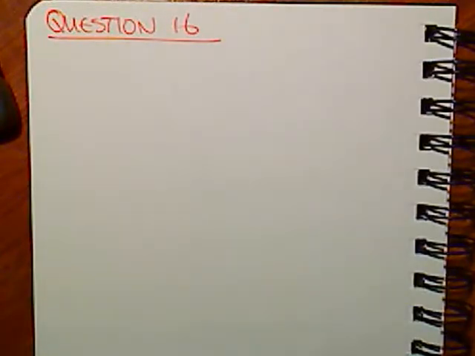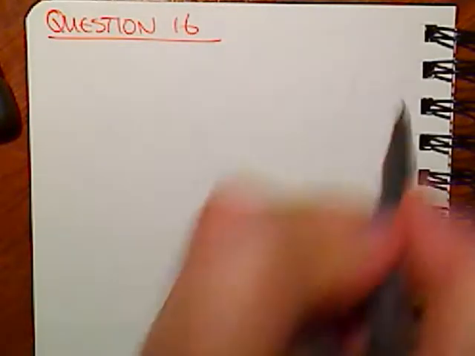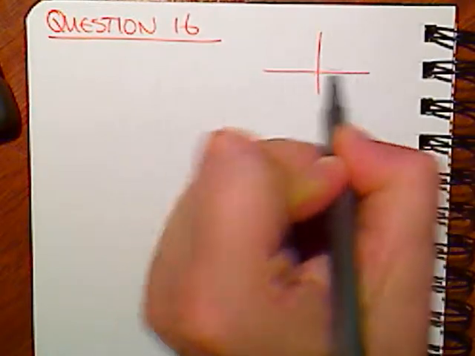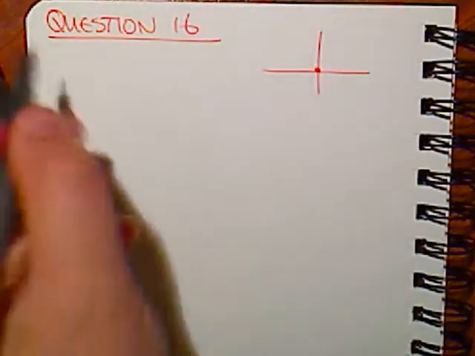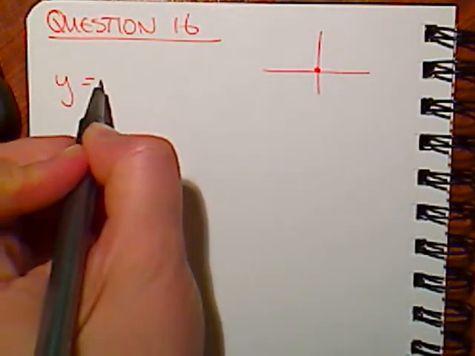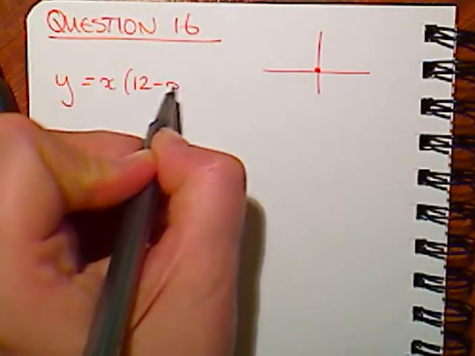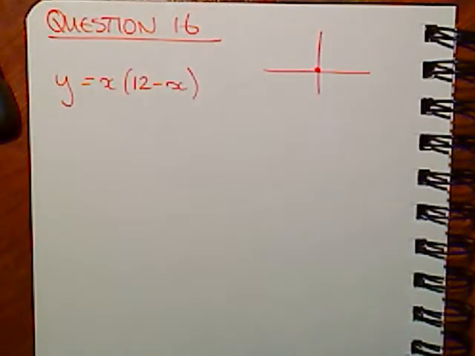This question is a worded question. It's a contextual question as well. It reads, the equation of the path of a ball thrown from the origin is y equals x(12 minus x). That's the first sentence. Now, before I go any further, I'm going to see if I can get an idea